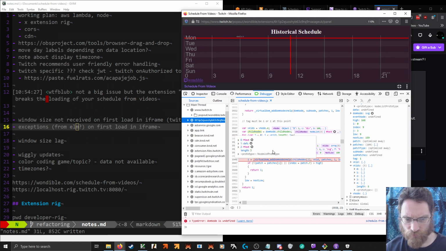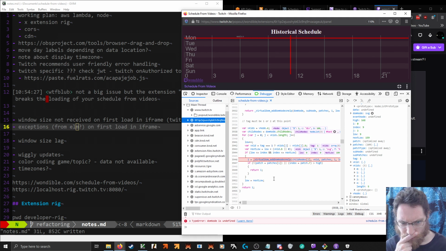Wait, child nodes, dom node's child nodes, vkids.length. This suggests, I mean, this is virtual DOM. So vkids is a virtual DOM node.